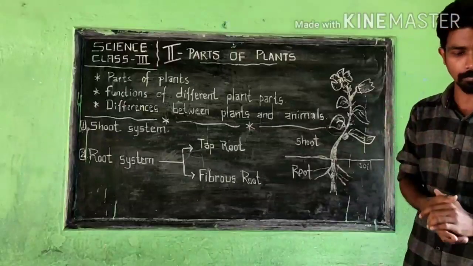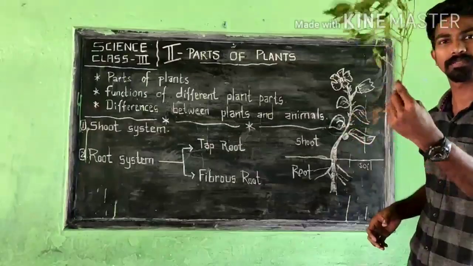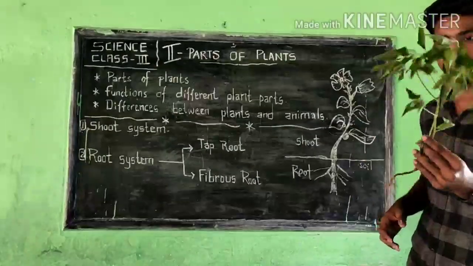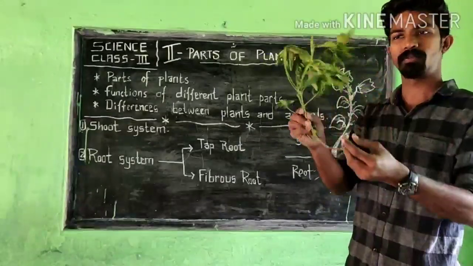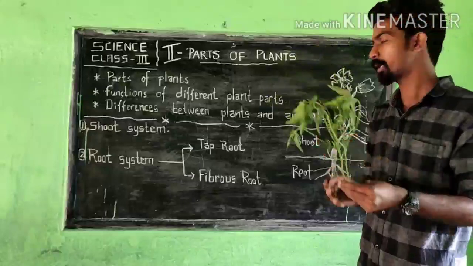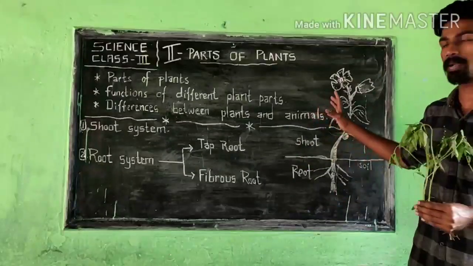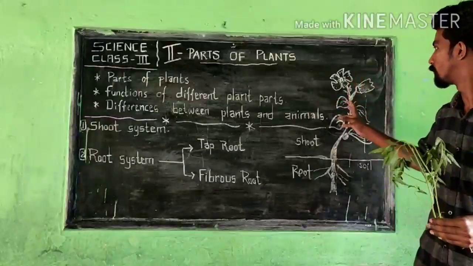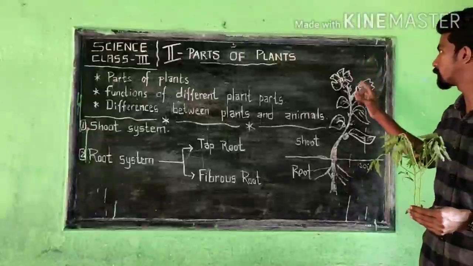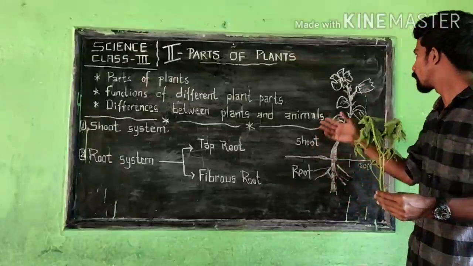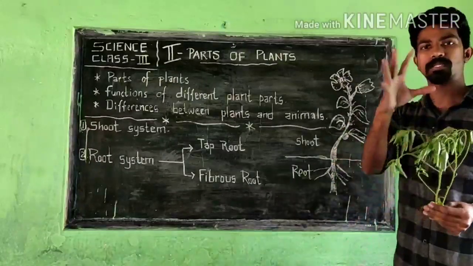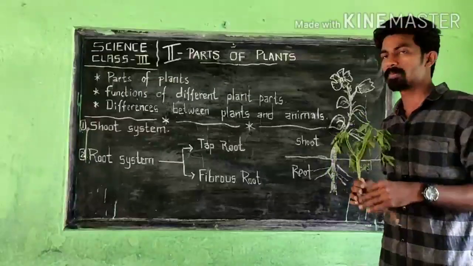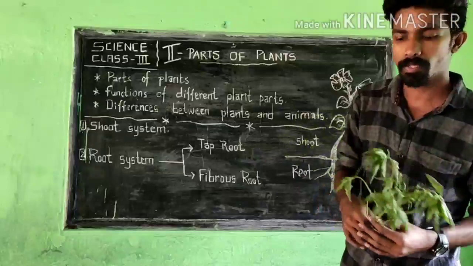Have you seen a plant like this one? This is a small plant which I brought today. It was taken half an hour ago, that is why it is not looking nice. In a plant you can see, from the top, flowers, then seeds, then leaves, then stem, then roots. These are the main parts of a plant which we can see in a small plant.